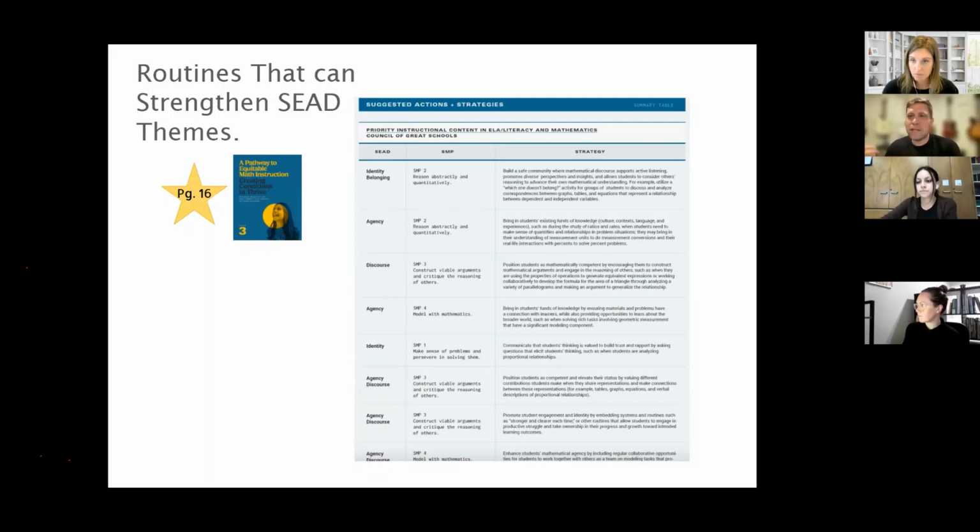It's where they're strengthening their identity. So I think if we think outside the box and think about where we can start to include more of these routines, where we can start to grow our students in those aspects, that's going to allow our students to explore that content at a little bit higher level down the road. So as you have an opportunity, take a look through some of those. You might already be familiar with some of the routines they mentioned. Some of them might be new to you.